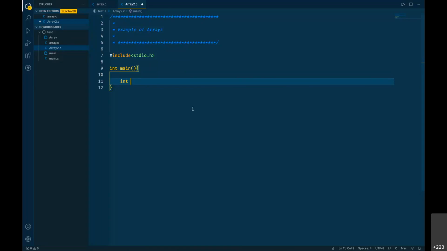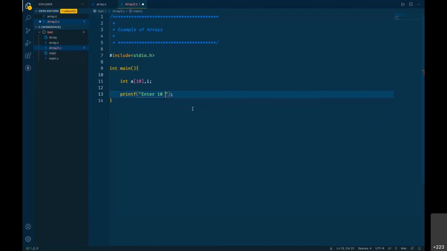So I can say that a[10] is the array declaration for me. Along with that, I'm going to have i, a loop control variable. Instead of going for two statements, I can go for a single declaration statement like this. Okay, so that's variable declaration, and then I can simply print a message for user.